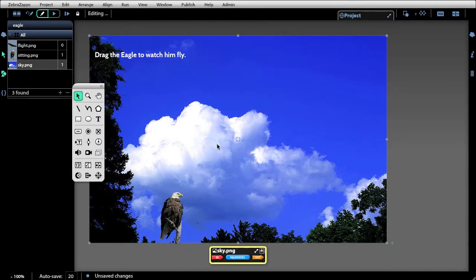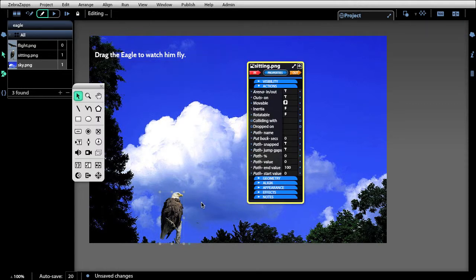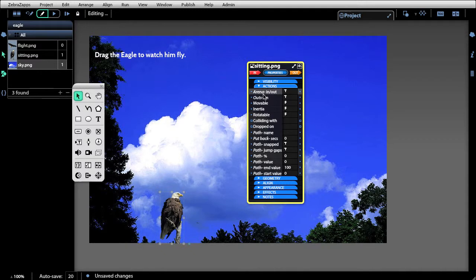Now the background is never going to move, so we can lock that. Once you have the text created, we can lock that as well. Now all we have to do is worry about our eagle friend here. Now the first thing you want to do whenever you're dealing with movable objects is to make sure you go to the Actions tab and go to the movable property and say that's true. It gets confusing because